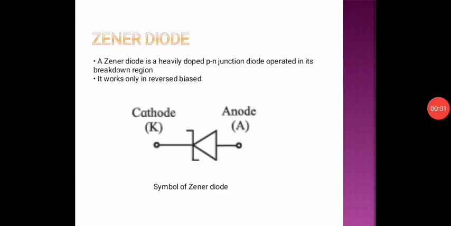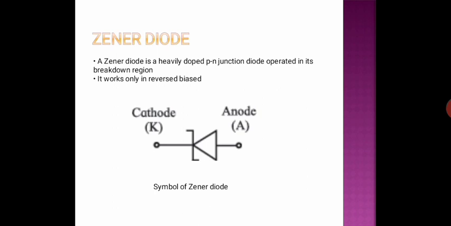Dear student, in the last section we studied the diode used as a rectifier and also the filter circuit. The last topic of the filter circuit is that we have to get the regulated power supply. But for the regulated power supply, we have to use a Zener diode, and in this session we will study the different types of diode.